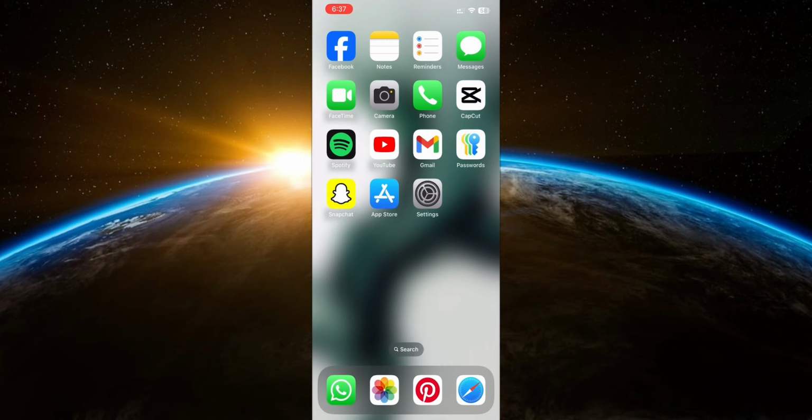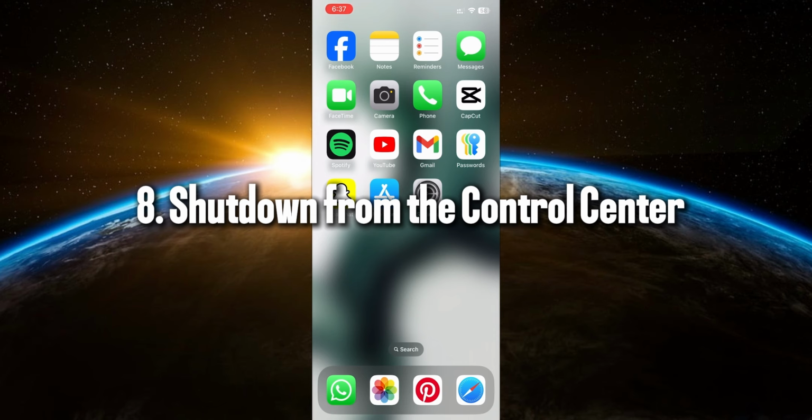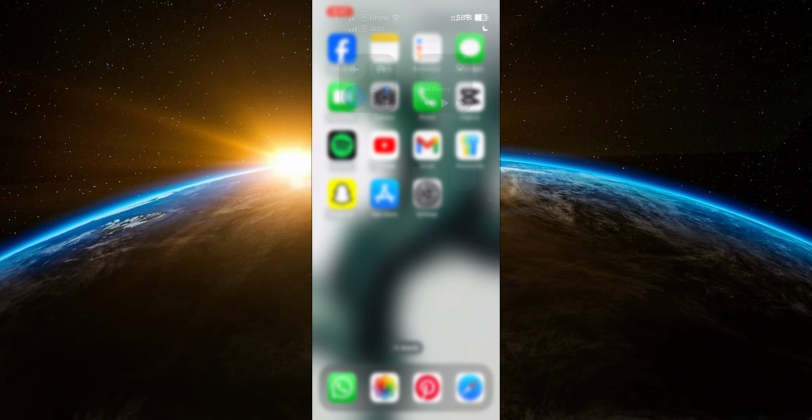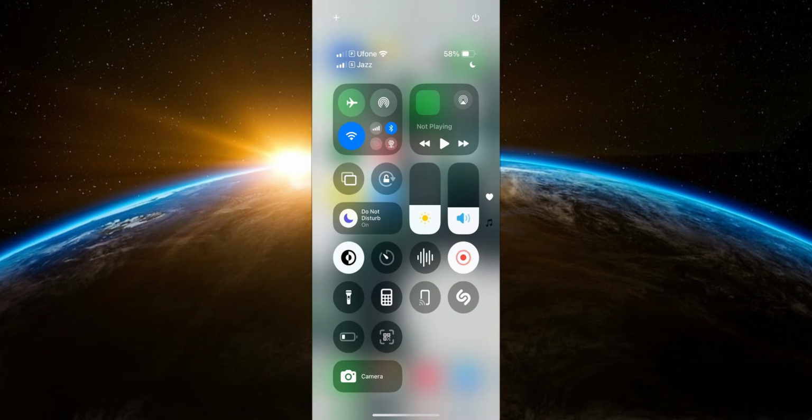8. Shut down from the control center. This feature may seem small, but it's super handy, especially when your buttons aren't working. You can now shut down your iPhone directly from the control center. All you need to do is swipe down from the top right corner and you'll see a shutdown button at